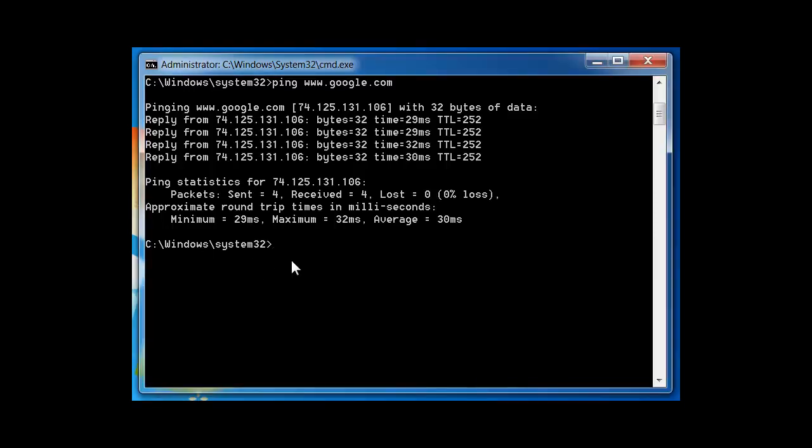Finally, let's ping a device that doesn't exist. This is going to yield the same kind of results as if a device wasn't actually working. So if your router was down and you pinged your router, you would not get a response from it. So let's see, ping